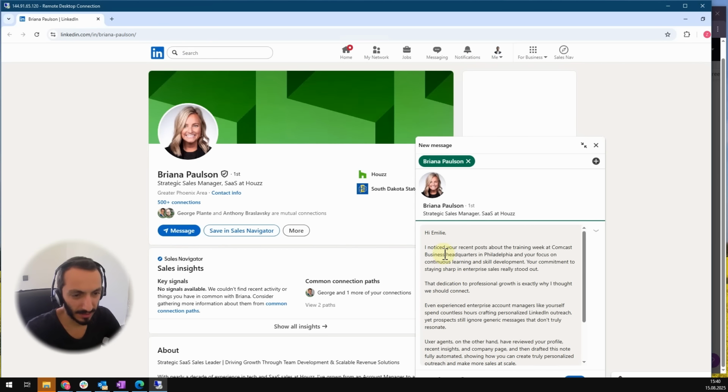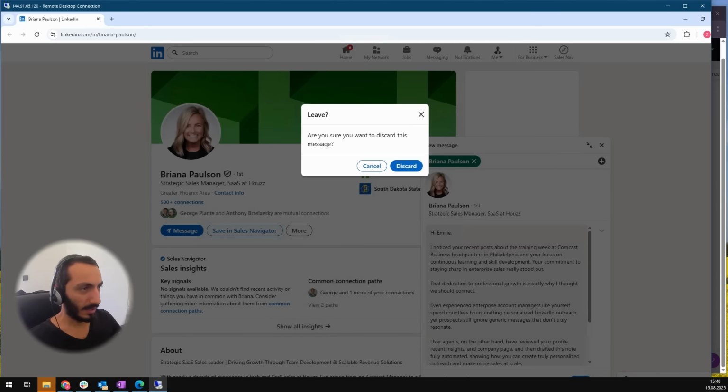So let's see. "I noticed your recent post about..." This is the same message which we said, not the same, but something very similar. So I think this looks pretty personalized and looks like I'm not sending bulk messages. It just finds some specific things about that person and sends it. Okay, let's see